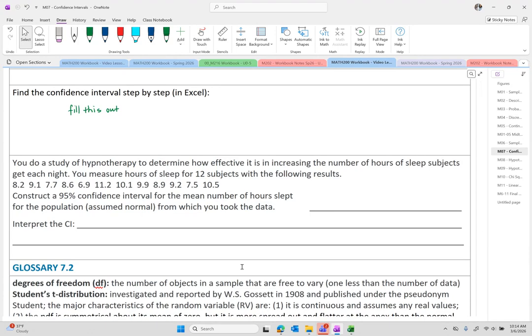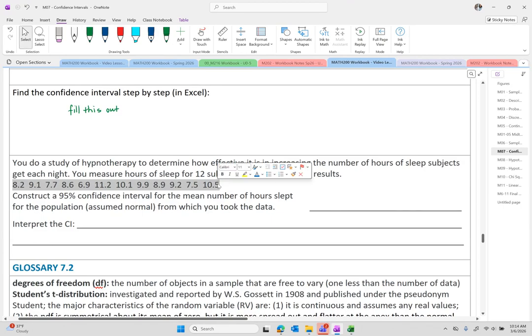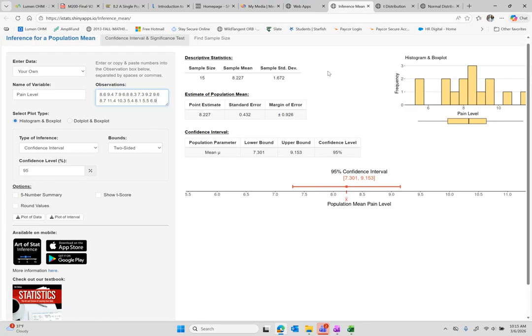So you do a study of hypnotherapy to determine how effective it is in increasing the number of hours of sleep subjects get each night. You measure hours of sleep of 12 subjects with the following results. Construct a 95% confidence interval for the mean number of hours slept for the population, assumed normal, from which you took the data. So if I take this data and I go in Art of Stat,